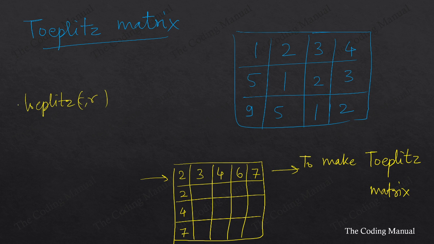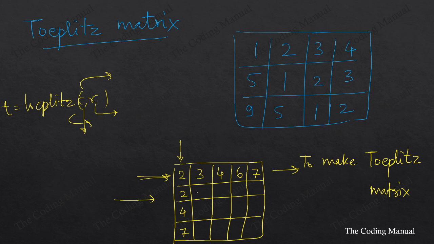column and row. So we need to create it in MATLAB. In MATLAB it creates a Toeplitz matrix with given column and row vectors. So if I give this vector as a column and this vector as a row, MATLAB actually creates that matrix. So what it will do actually,